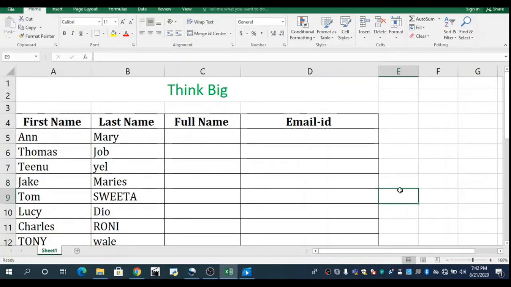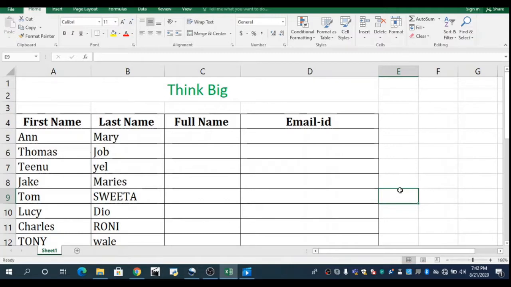Haven't you ever thought how to change text case and combine the text in Microsoft Excel? So in this video series, we will be putting in front of you different tips and tricks that you can use in Microsoft Excel. As an introductory video, in this video I am introducing two main keywords that you can use in your day-to-day life and get excelled with Microsoft Excel.